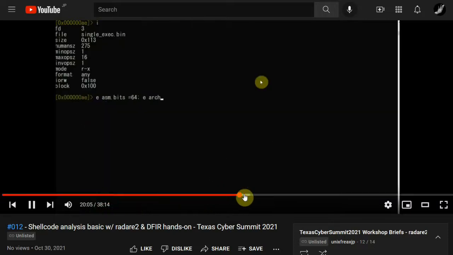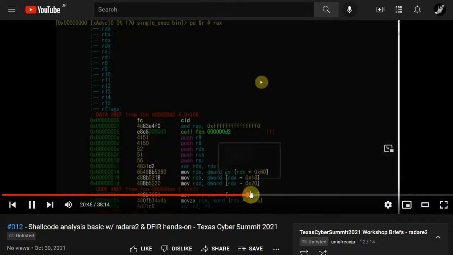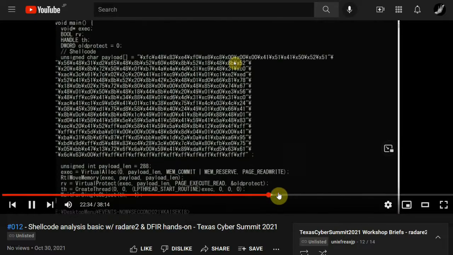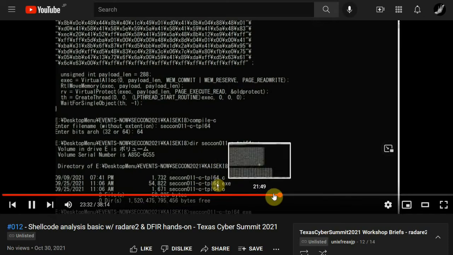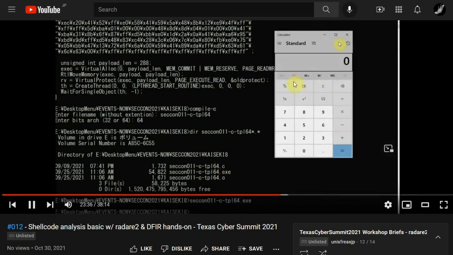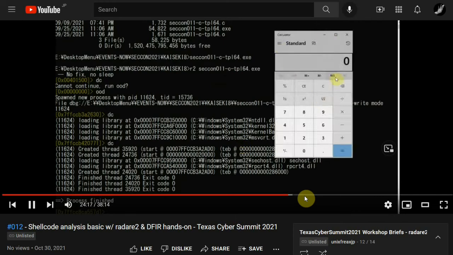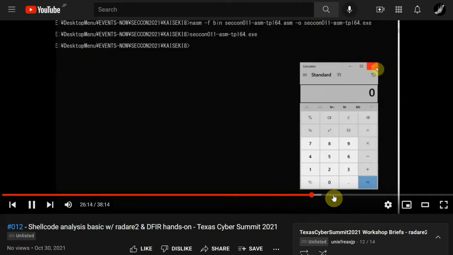And I think after you compile it, you can make any kind of analysis with Radare. And yes, you can check that too with this, and you'll see that calc.exe is actually being executed. Calculator is running, so the code actually worked in Windows 10. This is the latest version of Windows 10,